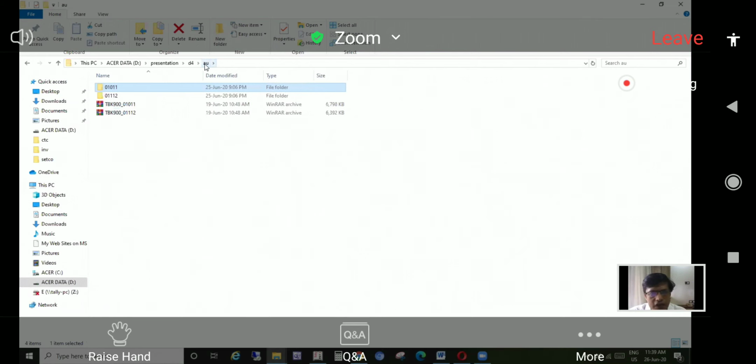You can copy the data via pen drive, or you can zip it and send it by mail. That is possible, and you can put it in any Windows path wherever you have given the sharing. In case you are using it in a network, you will have to give the folder sharing rights. So that is the first aspect of the entire Tally data, restoring it and using it in different versions.